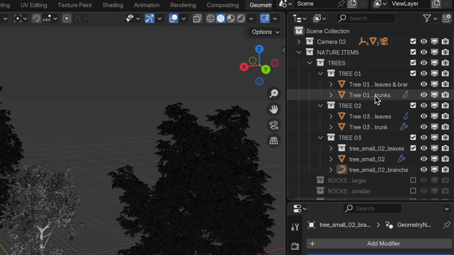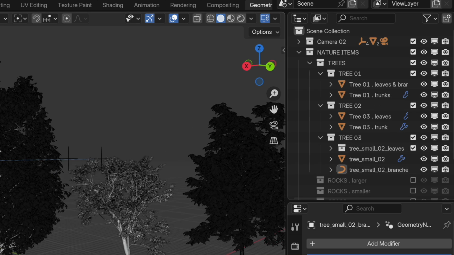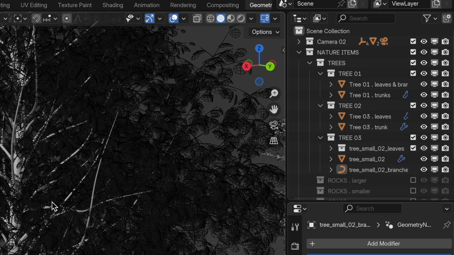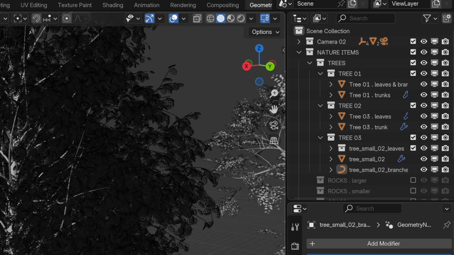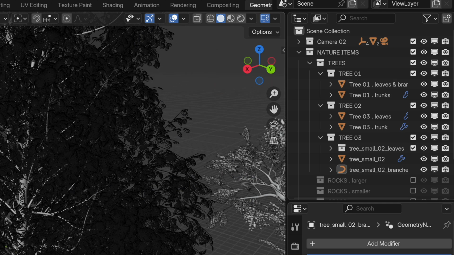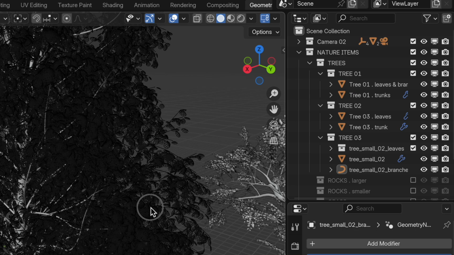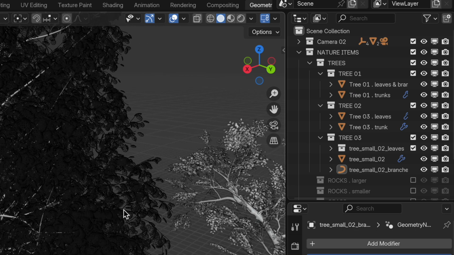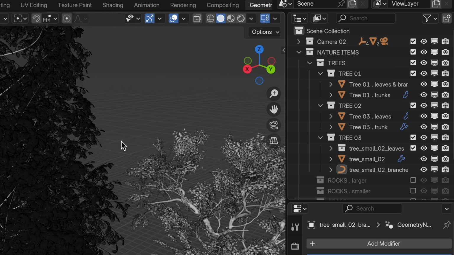When the trees came to me, they were in a single item that just had multiple materials, material for the leaves, material for the trunk and branches, etc. But when I distributed these across the surface, it quickly got to the point where the viewport was unusable. Just trying to draw 100 trees across the surface or 1,000 trees was too slow. So this is where we're going to use geometry nodes to help, but we just need to understand from a